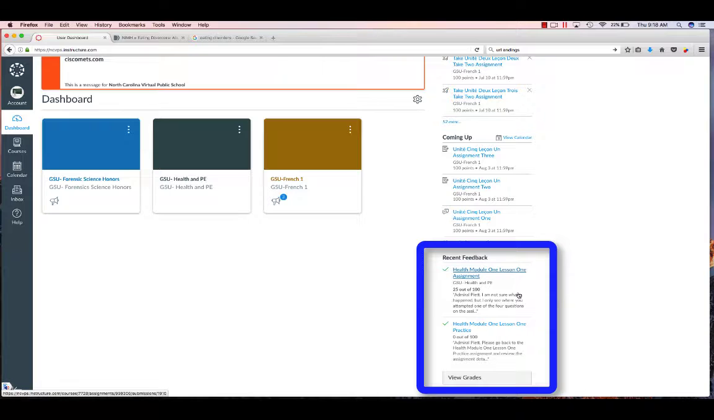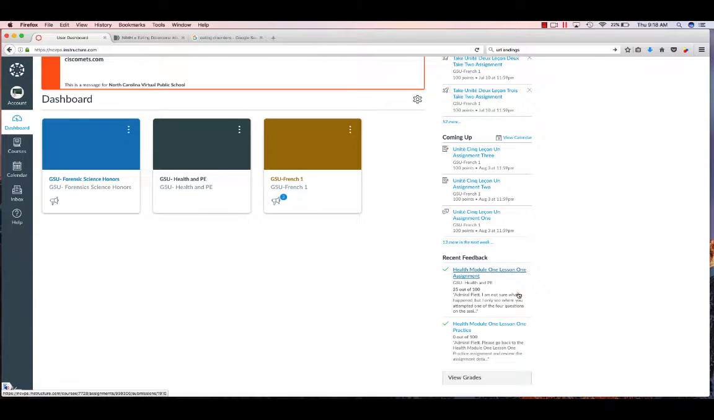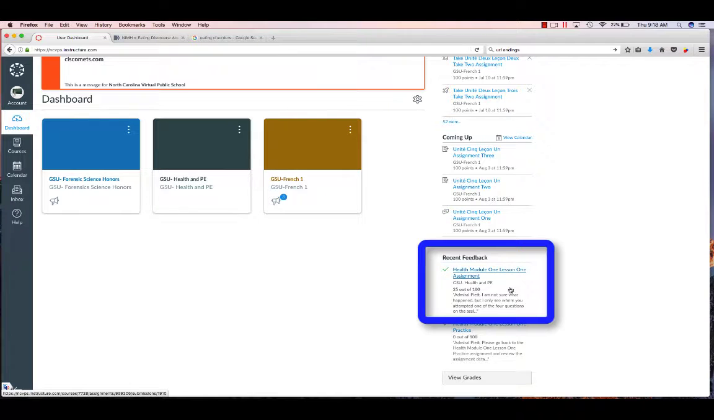The most recent feedback for all of the courses in which you are currently enrolled is displayed in the recent feedback section. Depending on the length of the feedback that was provided for each assignment, the information shown in the recent feedback section might be truncated. Each notification in the recent feedback section is actually a link. When you click each link,